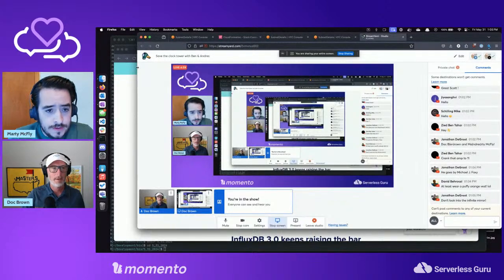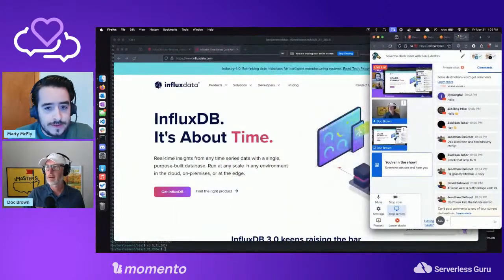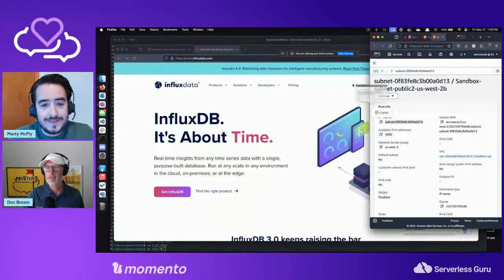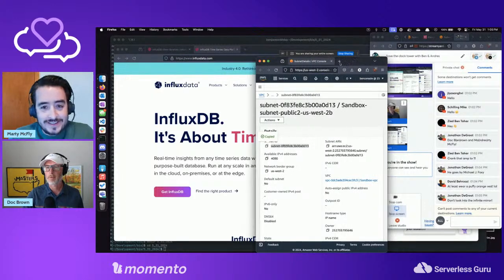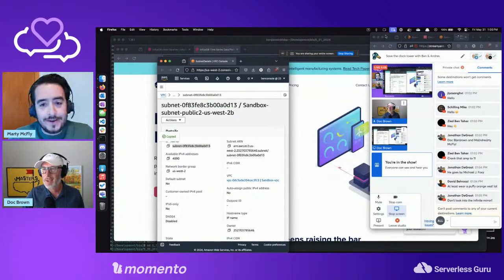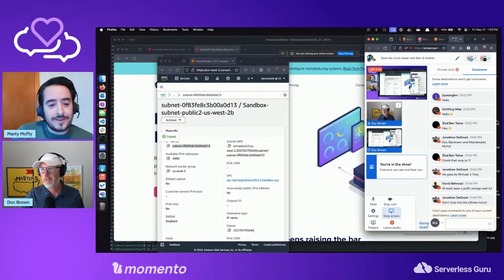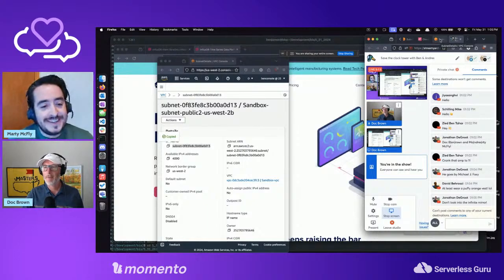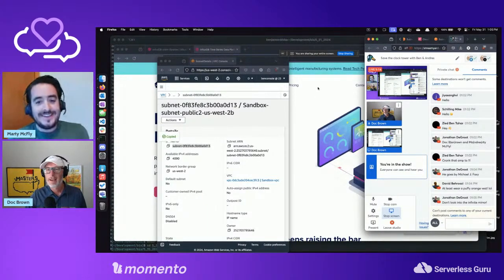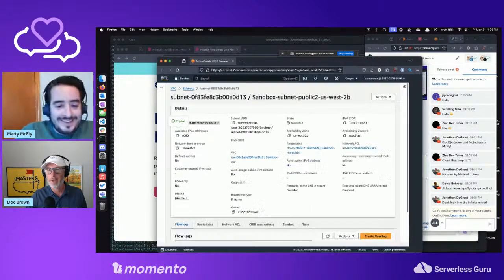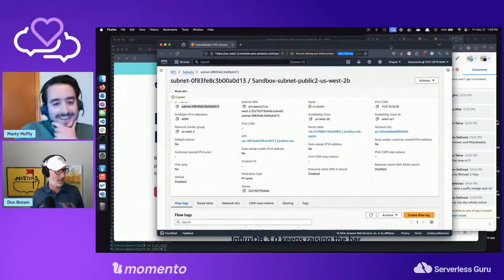So maybe I drag this over here so I can see a little better. Let me create some windows. I'm a single screen Go developer today. So just yell at me if I can't see you and I do something silly.